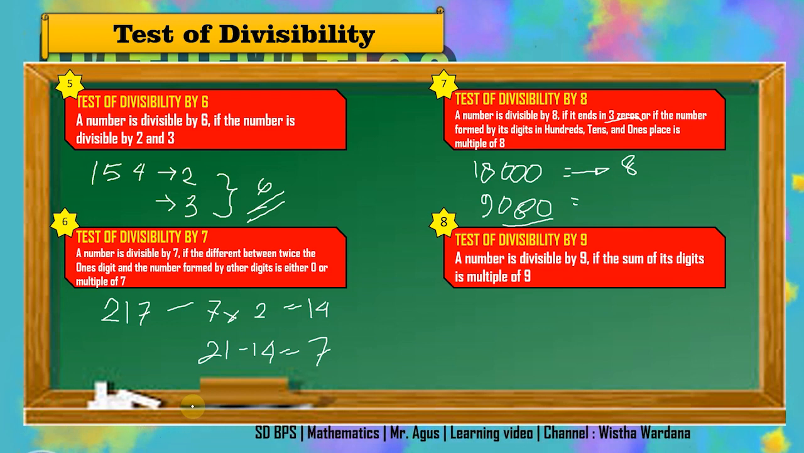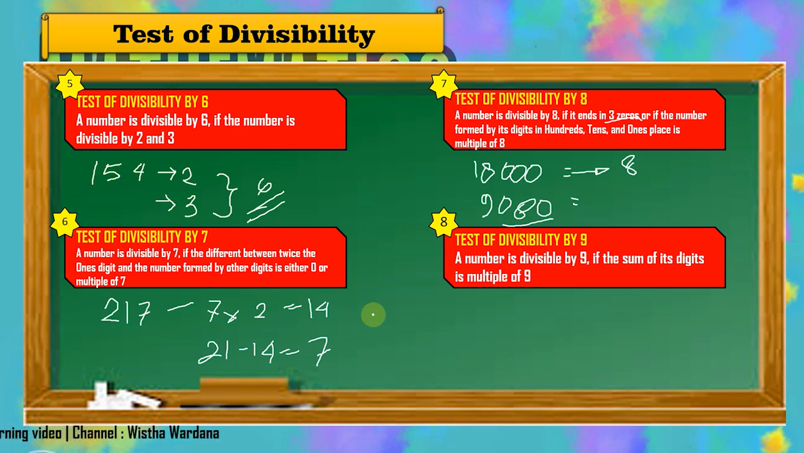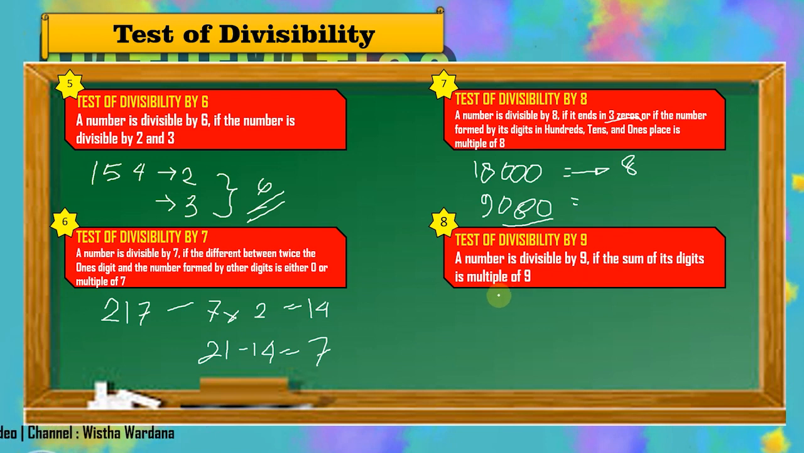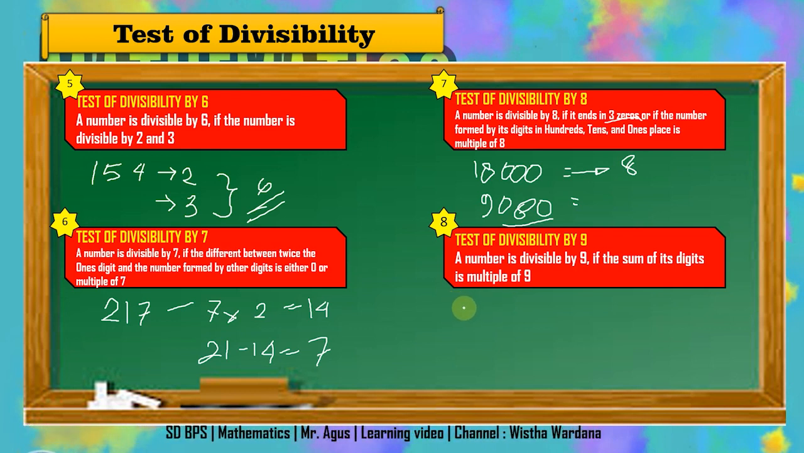Test of divisibility by 9. A number is divisible by 9 if the sum of its digits is a multiple of 9. So the requirement of the test of divisibility by 9 is similar to the test of divisibility by 3. You have to check whether the sum of the digits is a multiple of 9 or not. Okay, for example, if we have